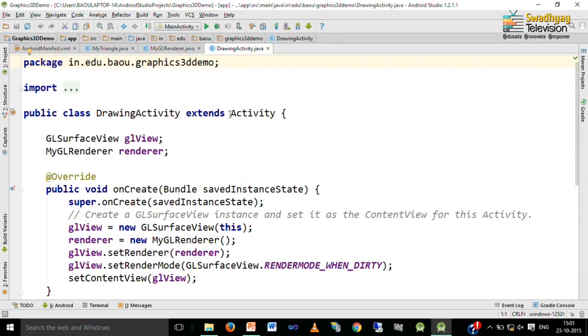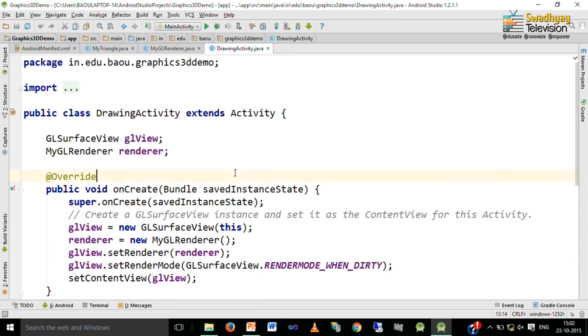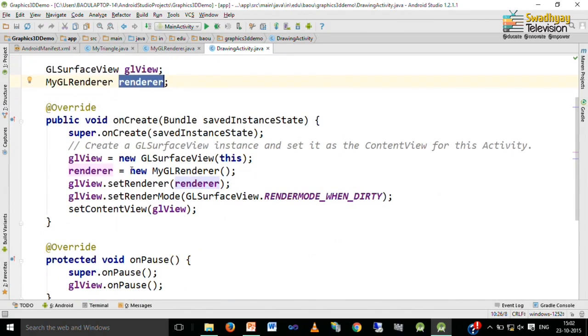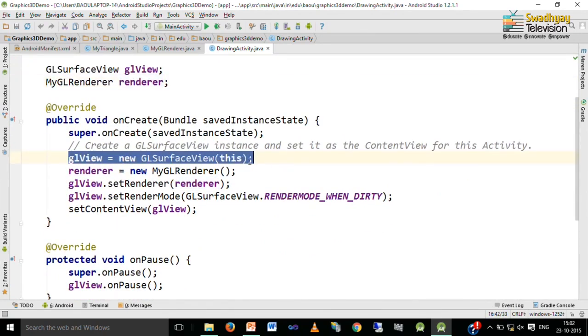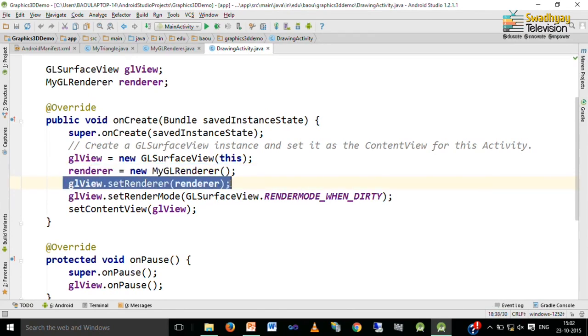Here on screen you can see it extends Activity, and here I declare 2 objects. One is of type GLSurfaceView, which is glView, and the second is MyGLRenderer with the name renderer. Inside onCreate, first we create an instance of glView by calling its constructor and specifying the context as this. Then we create an instance of our renderer using new MyGLRenderer, and finally we set our renderer in the GLSurfaceView using the setRenderer method, specifying renderer as the argument.